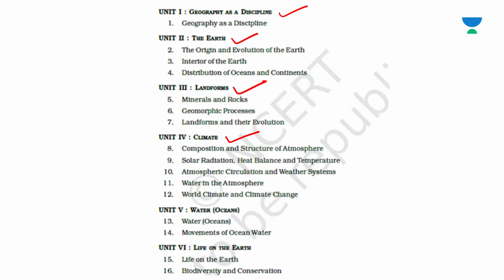Then we have discussed the geological time scale, where we have started from Big Bang, supernova, origin of stars, then